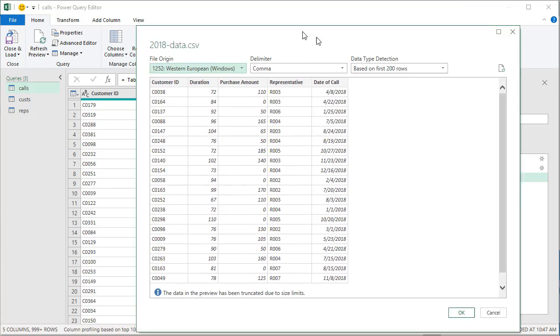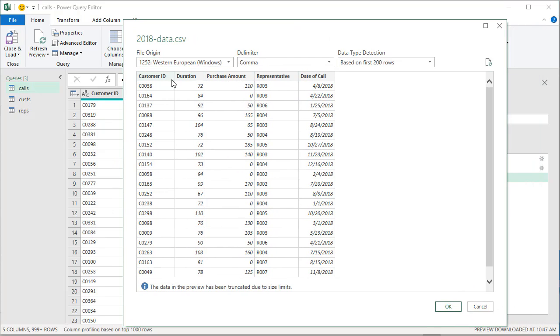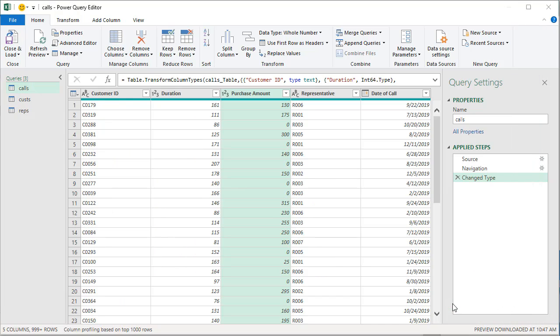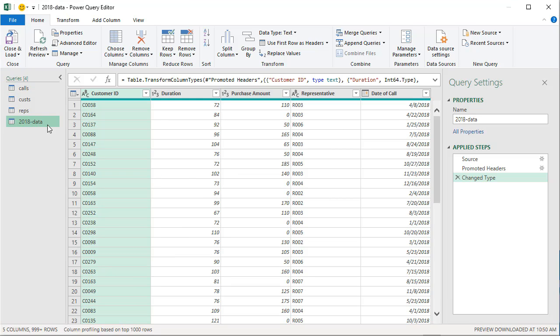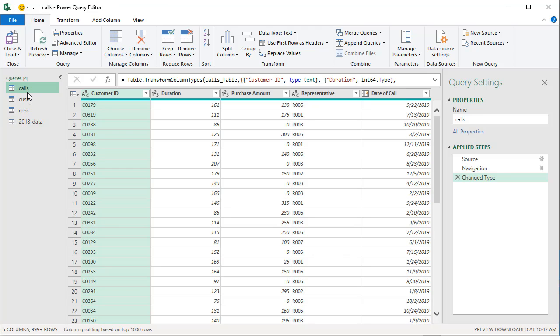This will come through. It will show you a preview of the data asking, is this what you want? Yes, that's what I need. It will come here as 2018 data. Now we have 2018 data and 2019 data as calls, and they both share the same type of column names: